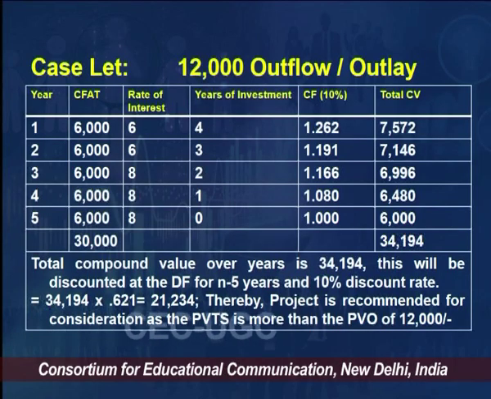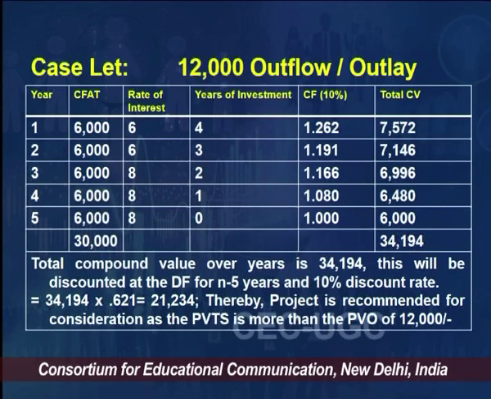So, go to the discount table, look at the discount factor for 1 rupee and look at the N5 row and rate 10 column. Look at where 10 and year 5 is given. So, you will see 0.621 is there, that discount factor. Otherwise, you can use a financial calculator and discount it with the help of the calculator as well. So, if we multiply 0.621 with 34,194, the discounted value of this terminal cash flow is coming out